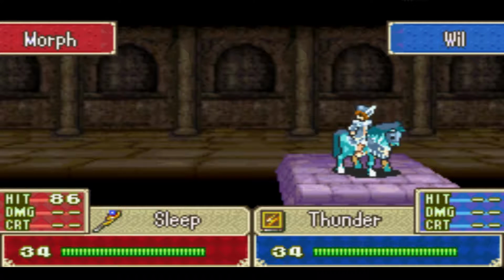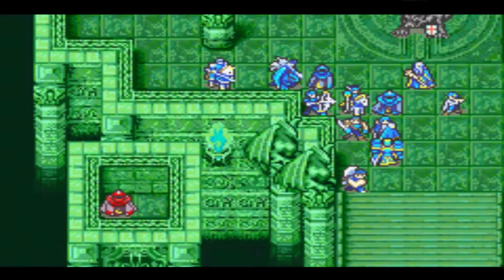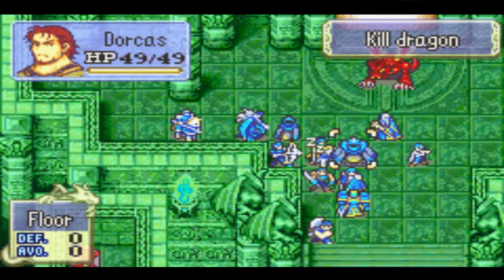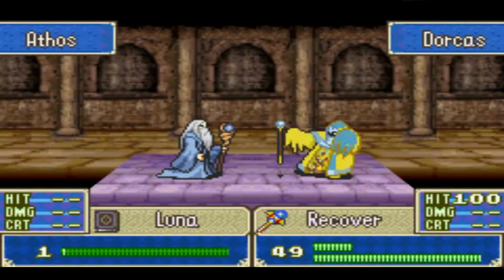Yeah, and this guy, I don't know why he's targeting Will. Maybe Will's just the best option for him. Seems a little weird to me, though. Anyway, let's go ahead and... Let's see, how much HP do you have left? 60, eh? Well then, that means if we recover Athos...